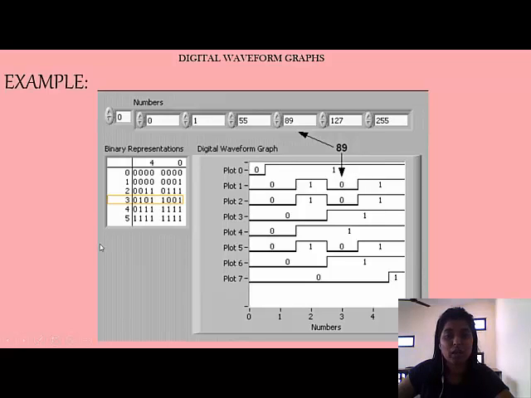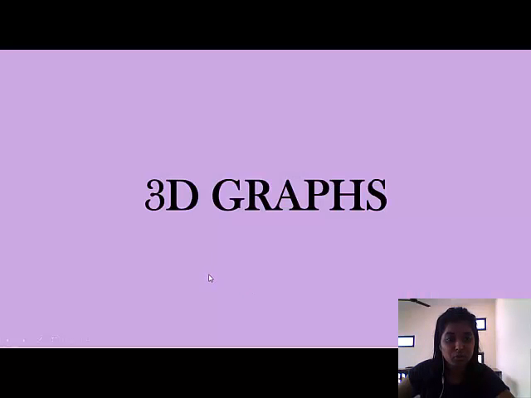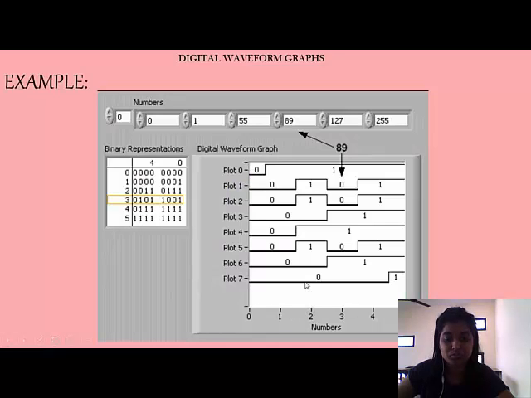For this you can see 0 0 1 1 0 1 1 1 for the representation of 55. Sorry, it's in column 2: 0 0 1 1 0 1 1 and 1.